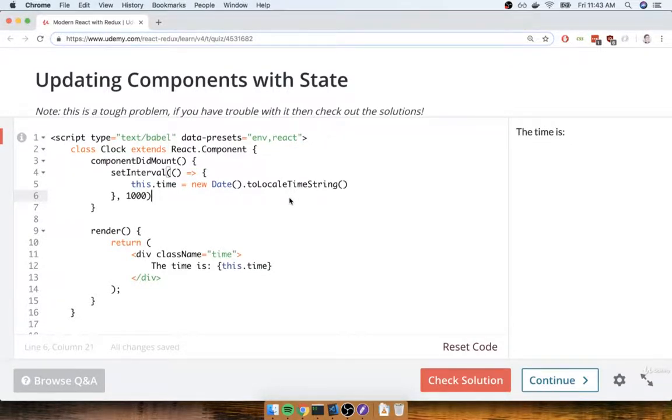The last section had an exercise around making use of state inside of a class-based component. This was a somewhat challenging exercise, so let's go over the solution together right now. We have a component called Clock, and the intent of it is to show the current time and update that